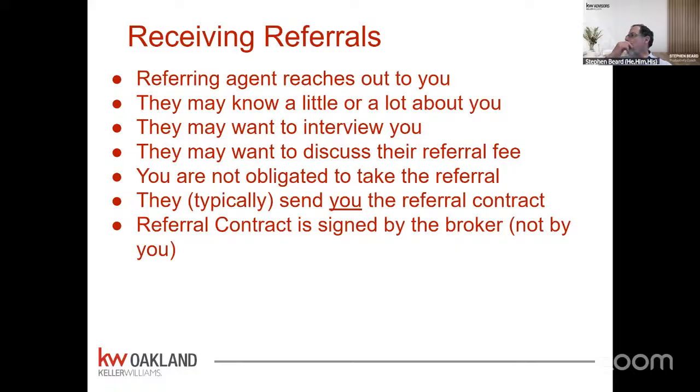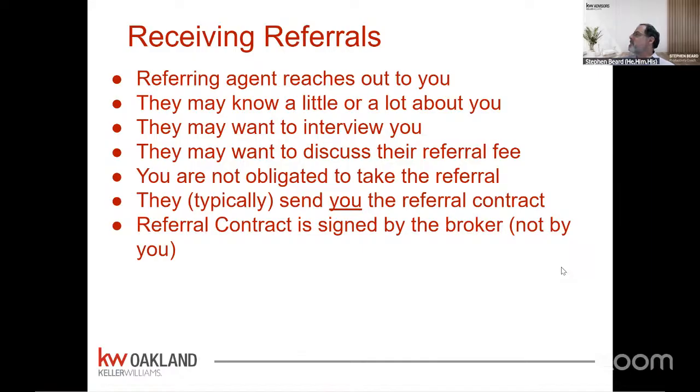So you guys are here in Fremont. The average price point is 1.5 million. What if somebody calls you and says, "I got your name. I want to refer you my mobile home buyer who wants to buy in Tracy, a $100,000 mobile home." You don't know Tracy. That's way below our average price point. You may choose to say, "I'm sorry, I'm not the right agent for you." So you're not obligated ever to accept a referral. Okay.